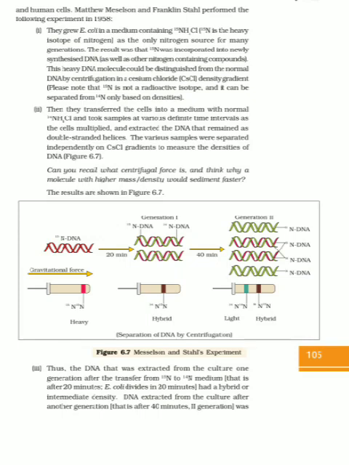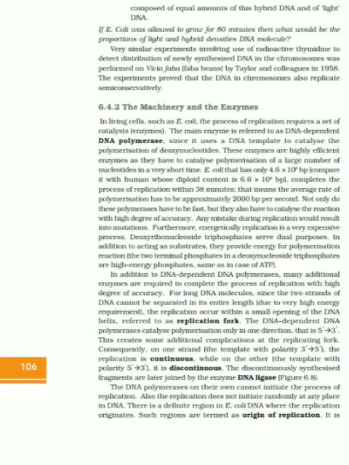DNA extracted from the culture after another generation, that is after 40 minutes, two generations, was composed of equal amounts of this hybrid DNA and of light DNA. If Escherichia coli was allowed to grow for 80 minutes, then what would be the proportions of light and hybrid density DNA molecules? Very similar experiments involving use of radioactive thymidine to detect distribution of newly synthesized DNA in the